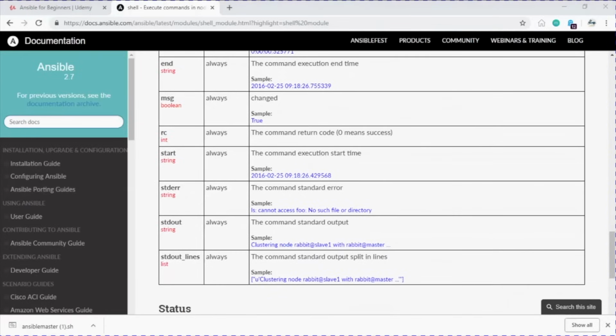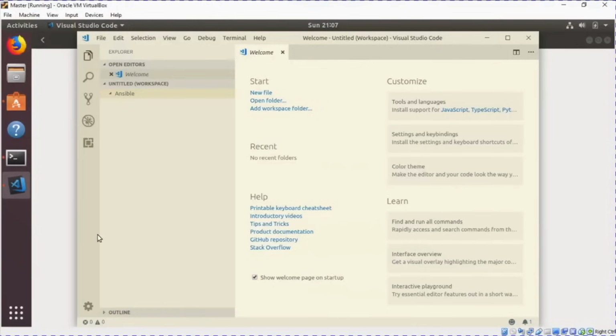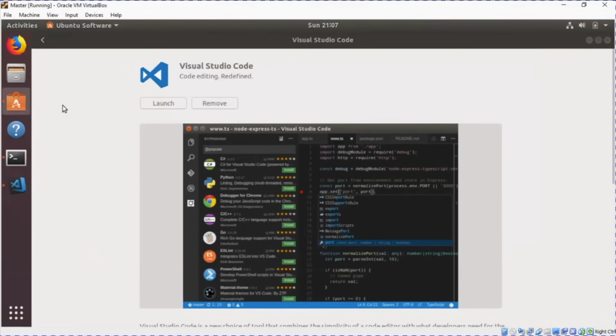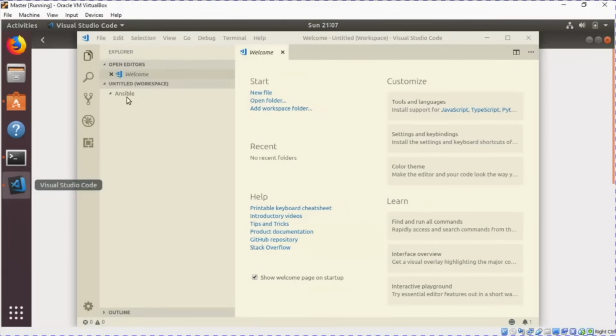Now let's head back to the master server to create our first playbook. I'm going to use Visual Studio Code as my IDE for this course. You can go to Ubuntu software, search for Visual Studio Code, and then install this software. Now I have a folder Ansible inside my documents where I'm going to store all my scripts. So I can select Ansible, click on new file. I can name the file basic.yaml,